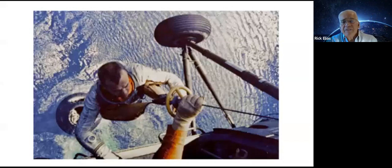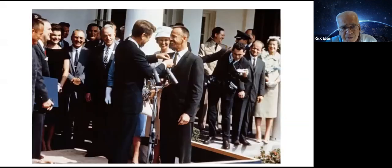There's a picture of Alan Shepard being hoisted into the recovery helicopter after the spacecraft landed. You can see the spacecraft here in the water. Now, Alan Shepard was the only one of the 7 original astronauts who actually walked on the moon. There's a picture of President Kennedy pinning a medal on him after his flight. Shepard was the only one of the 7 original astronauts who went to the moon on